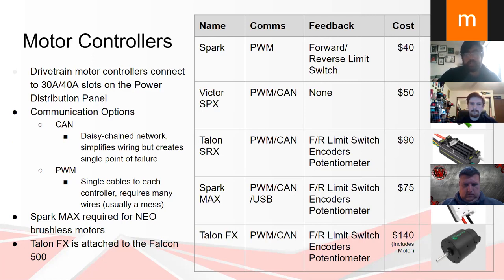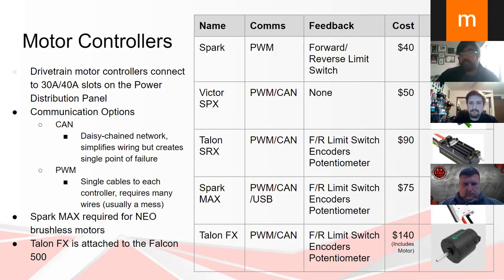So you can see in each of those categories, certain motor controllers can do more than just PWM can. The Spark Maxes can run over USB. Although I don't think that's, correct me if I'm wrong, common on the robot itself. That's more like testing the controller. Yes, I believe so. Okay, but you'll notice that the Spark, which is PWM only,